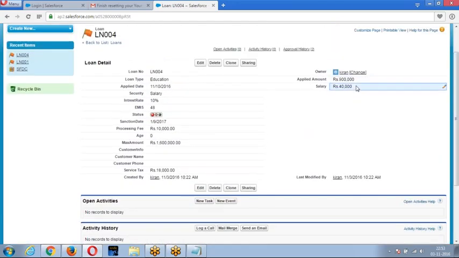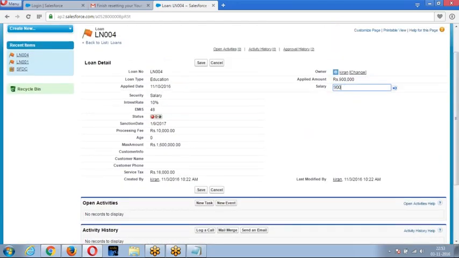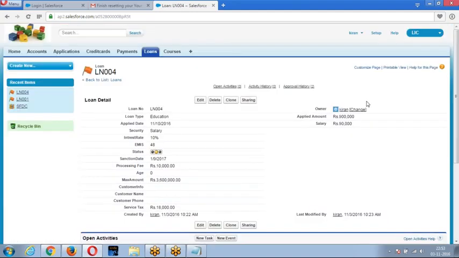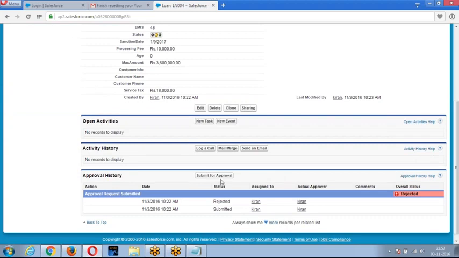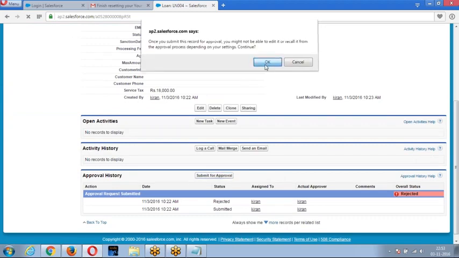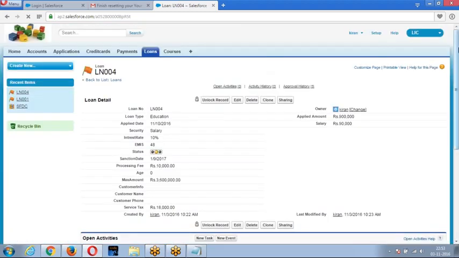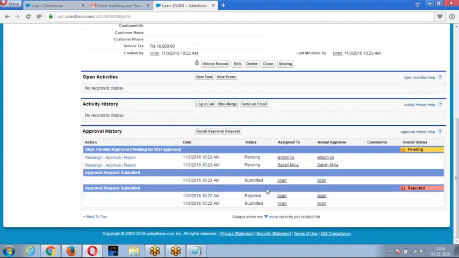Then I'm incrementing the salary as 90,000. If it is more than 50,000, then submit the record to step number 1. So when I submit the record, it goes to step number 1. When it goes to step number 1, the record is submitted to Satish as well as Wilson. Now when I submitted to both the people,